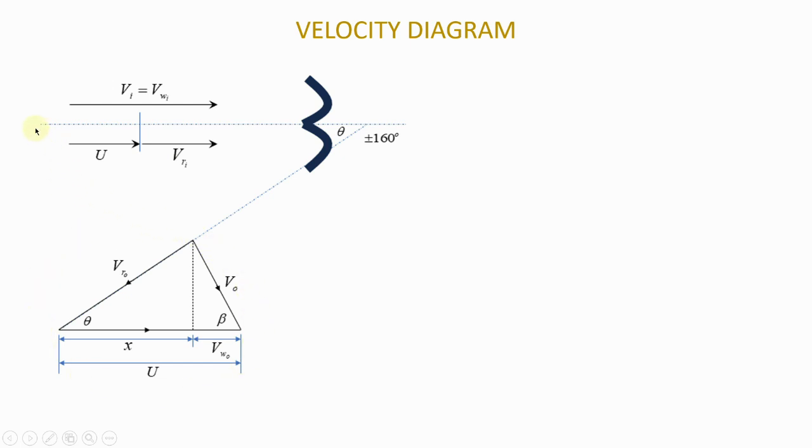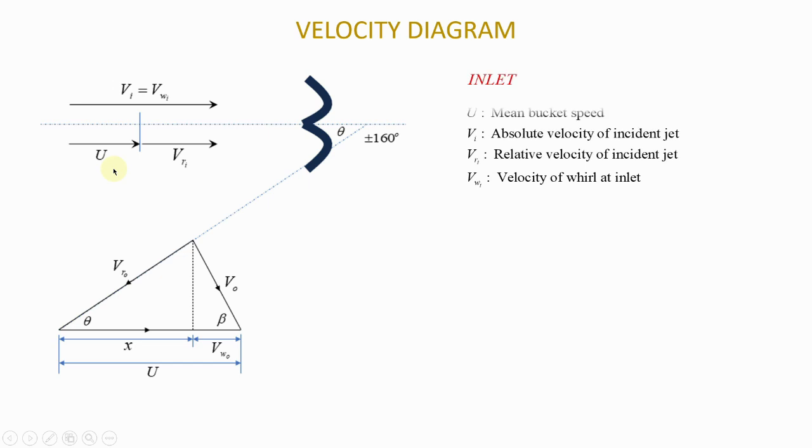So the water comes in this direction and interacts with the bucket and then comes out this way. And so we can look at the incident jet of water and look at all the velocities that we have here. And so at the inlet, you have U that you see